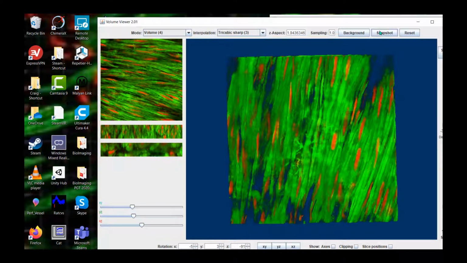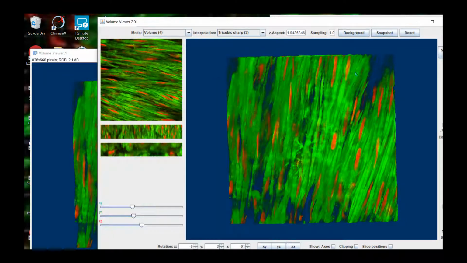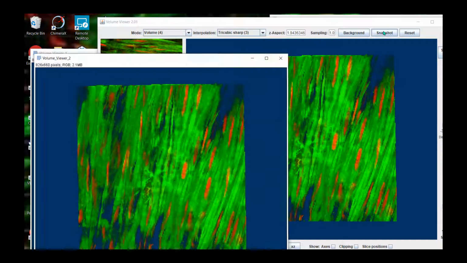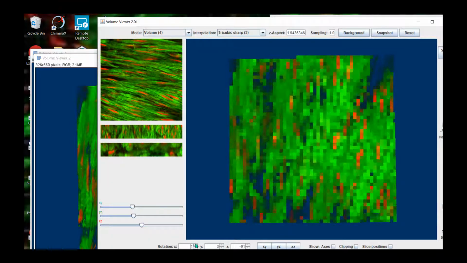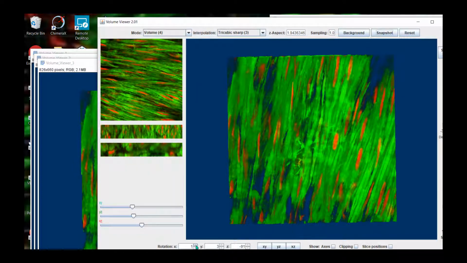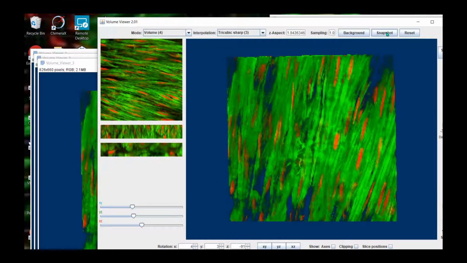What I'll do is I'll take a snapshot, and then I'm going to rotate round by 3 degrees. So I'll go 1, 2, 3. Take another snapshot. And I find that if you go in 3 degrees, you will get quite a smooth animation.